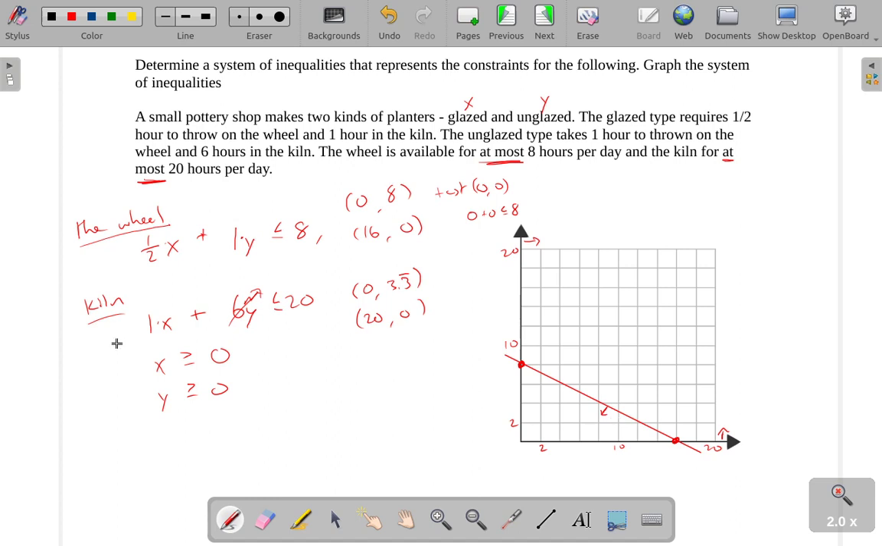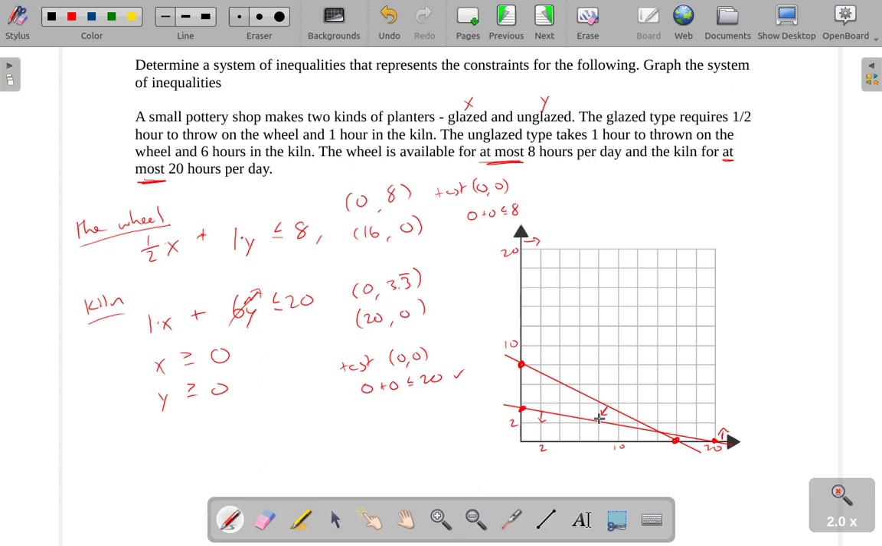Let's see, for the kiln, we have the point 0, 3.3 repeating. 3 is there, 3.3 repeating is going to be just a skosh higher. And then 20, 0, which is over here. Let's go ahead and draw a line that goes through those two. It looks about like that. And again, if we produced 0 of both planters, we're not going to overuse the kiln. 0 plus 0 is less than or equal to 20 is a true statement, so we're going to shade again